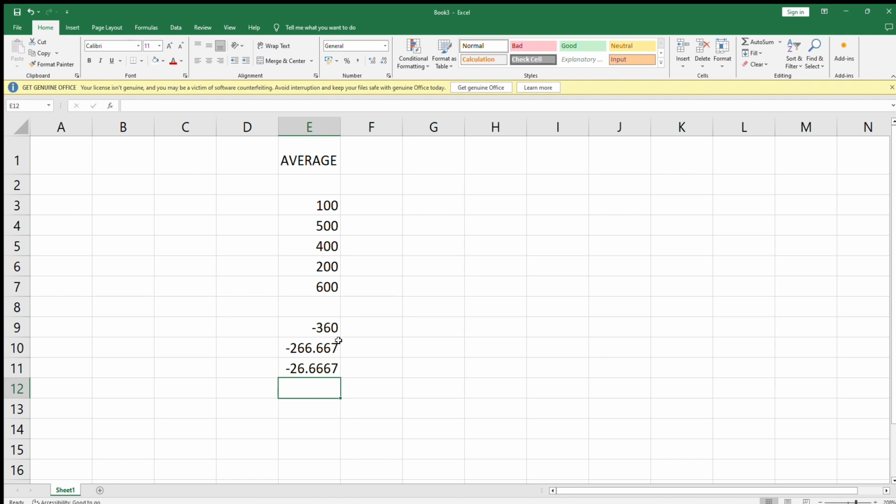So the total average of those numbers is 26.667. Another example is, let's type equal, average, open parentheses, then let's type 10, comma 10, comma 20, close parentheses, then that's the total average. Another example,